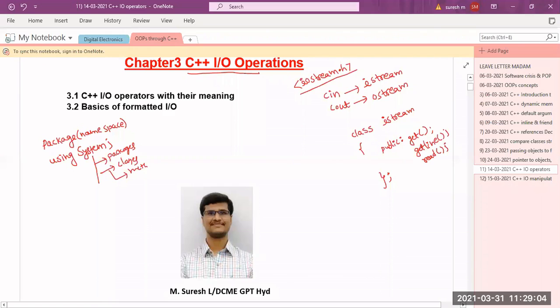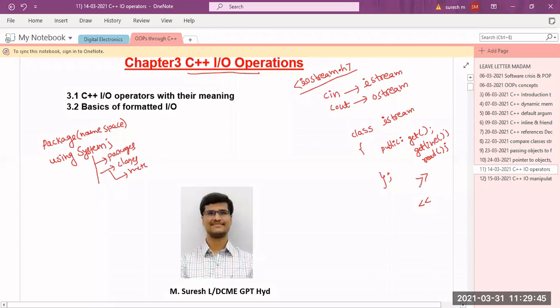If I want to call this get function, there is also a concept called operator overloading. Operator overloading related things are also in istream. So one of the operators overloaded by this istream class is this one. What is this operator? Insertion or extraction? Extraction, sir. Insertion means I'm inserting the data to the monitor, and here I'm taking the data from the keyboard, so I'm extracting the data from the keyboard. So this is the extraction operator that is overloaded by the istream class.